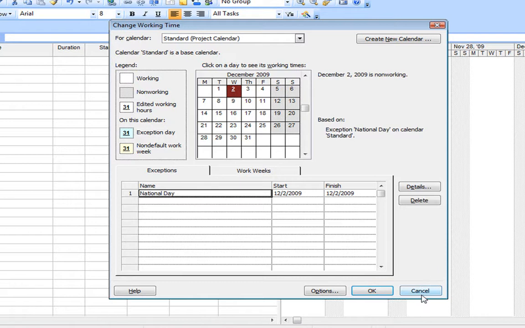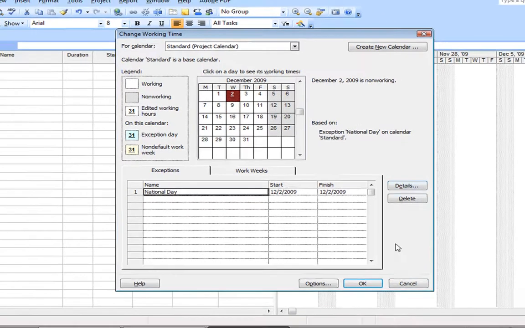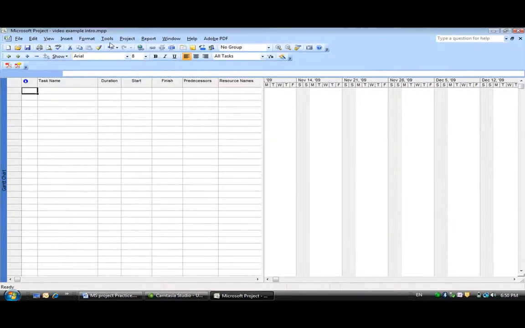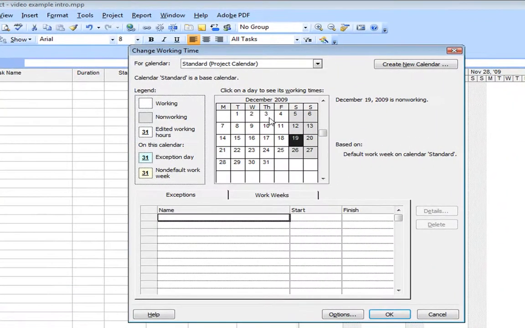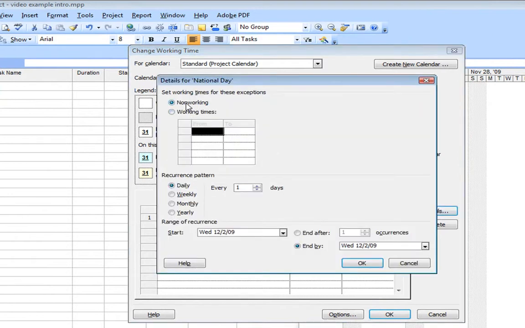At first it was grayed out. I couldn't click on it. Let me show you again. Cancel that. We'll go Tools, Change Working Time, down to December 2nd. I'll come to the box. See how this is great? I'm clicking, but nothing happens. So I come here and I click National Day, enter. Now when I come back to it, look, now I can click on the details, and it's a non-working